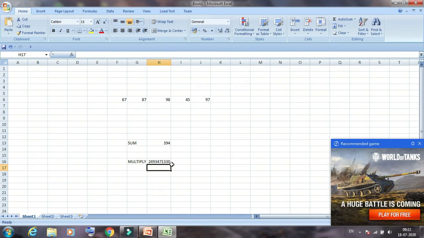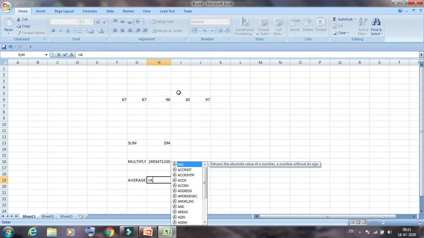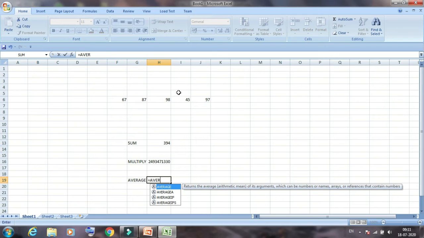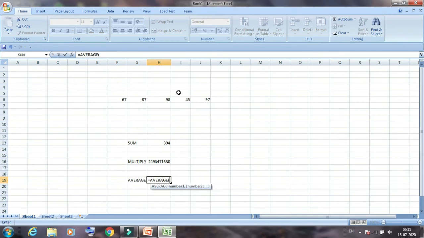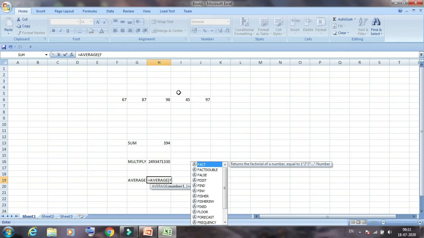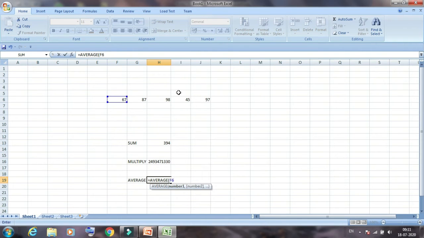Then we will apply the next formula. Here we write average, and we have to find the average of these values. First we write the equal sign, then the function name average, then bracket, then the starting cell address F6, colon, then the last cell address J6.